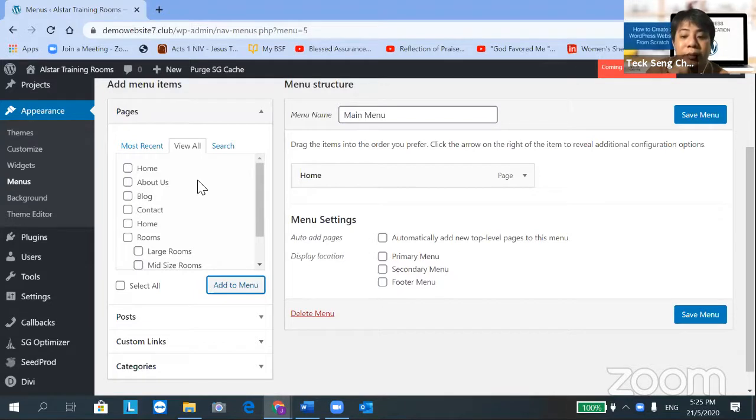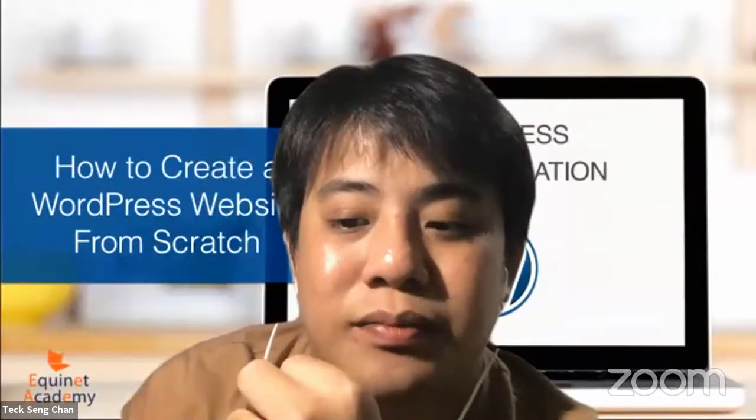Sorry for that. Kevin has a question. Do I always assume that under menu item pages view all, the first home is always by default a sample, and then to choose the second home?